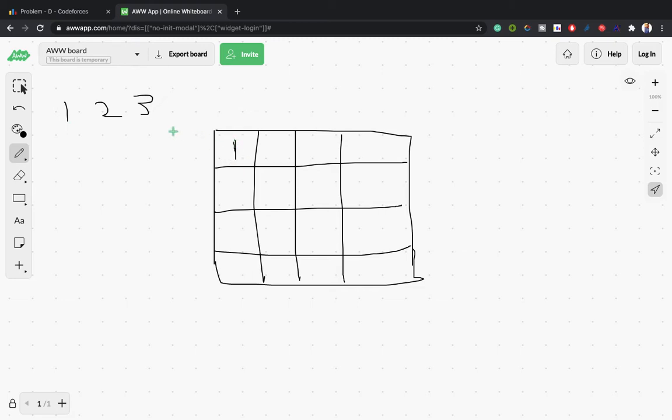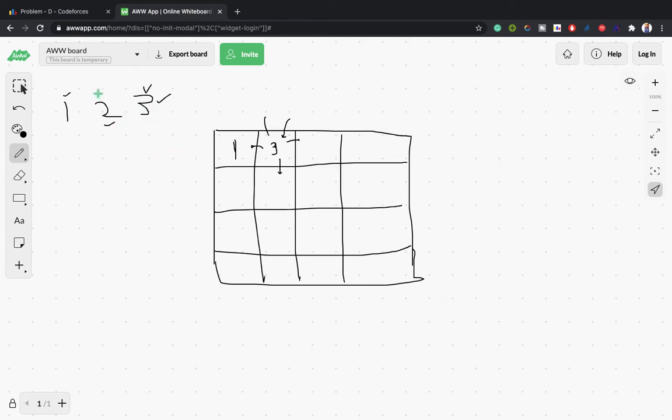Let's suppose again Alice chooses 2. Then we will check for 1 and 3. If we want to place 1 here, we will check the previous, upper, next and lower boxes. Does any of the boxes contain 1? If yes, then we will move on to the next case. Then we will check for 3. Yes, here 3 fits, so we will place 3 here and print the answer.